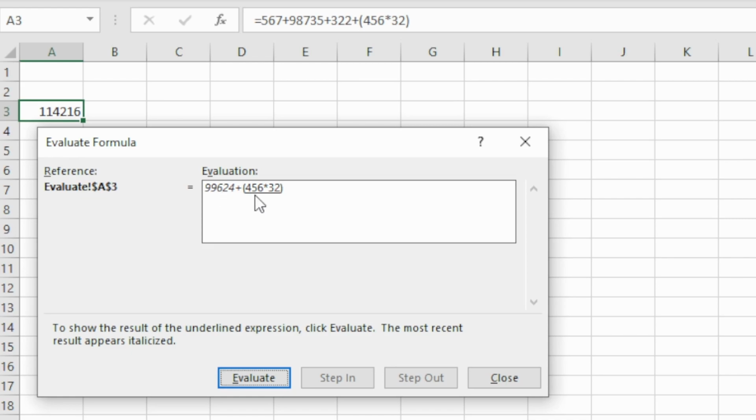And then lastly, we can evaluate the 456 times 32. We can evaluate that, which gives us 14592. So fundamentally at the moment, what this formula is doing is adding 99624 plus 14592, when you've added all of these up and you've multiplied this out. And then if we click once more, we can then evaluate the whole formula, which effectively just gives us the cell value that we had in there already,